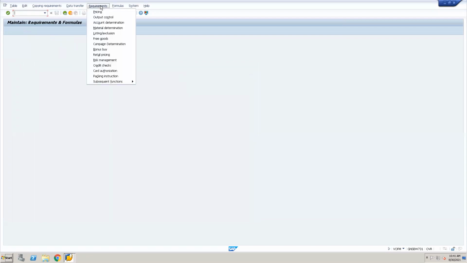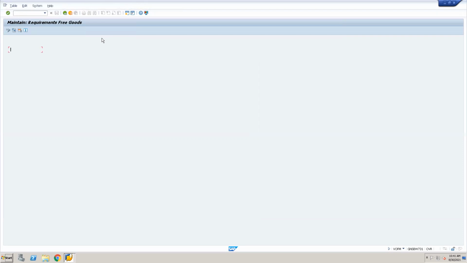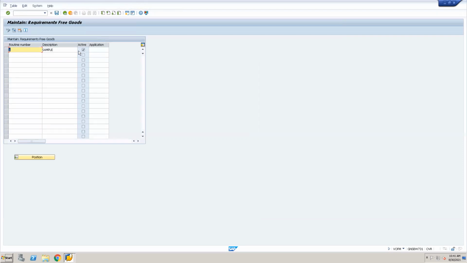Here it is free goods; VOFM is the transaction. Some routines are already there, with a routine number. Similarly, you will create a routine number, say 912, wherein you will write your own logic.